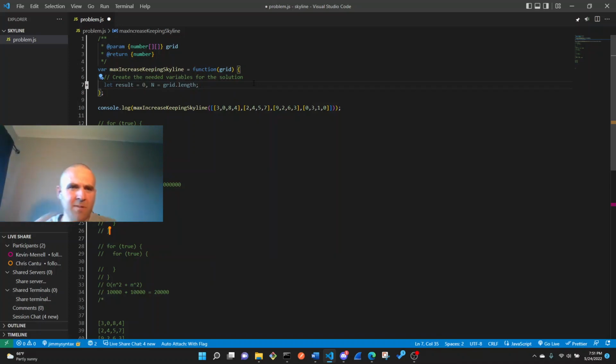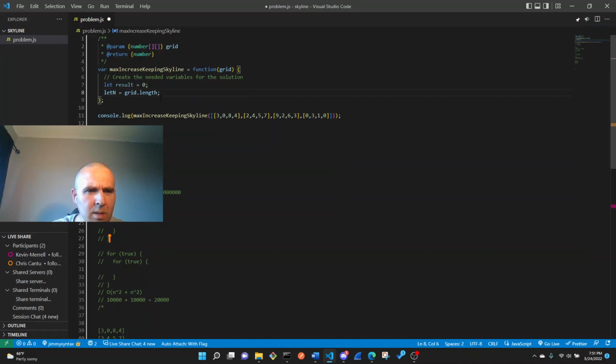Somehow there has to be an array in this, but maybe you did that above. I'm going to go ahead and just do let result equal 0, because this 0 is going to change. This length is never going to change, so I'm just going to initialize that as a constant. And I have a is our array. Oh, we do need 2